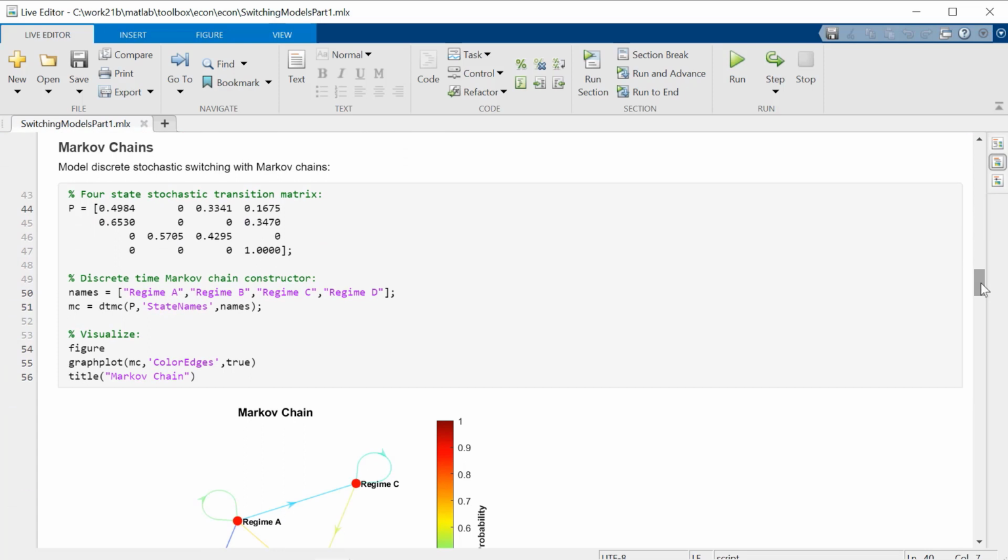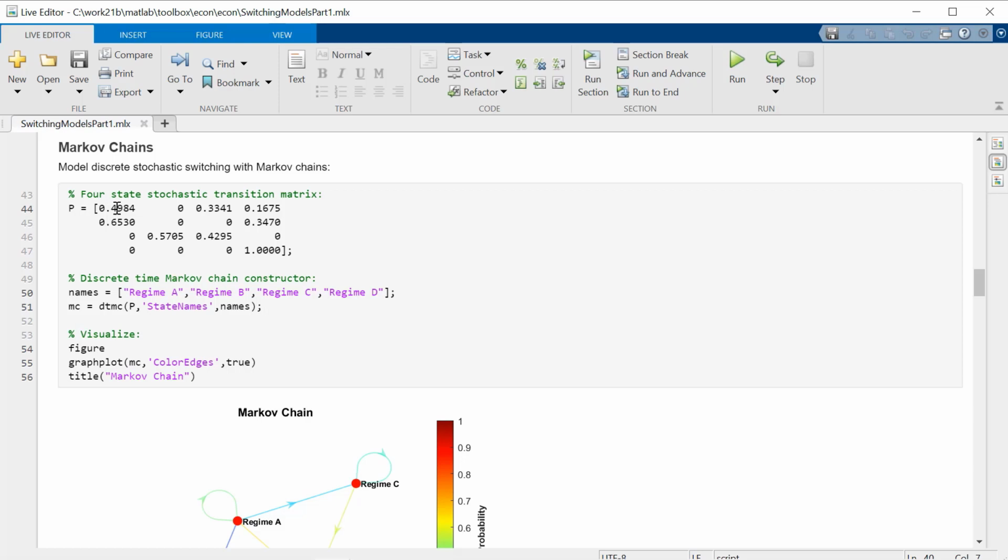In this next section of the live script, you see here that we're going to input this 4x4 matrix representing the transitions in the Markov chain. And the way you read this is each row is read as a series of probabilities, where this first one here of about 50% is the probability that the Markov chain will transition from the first state back to the first state.